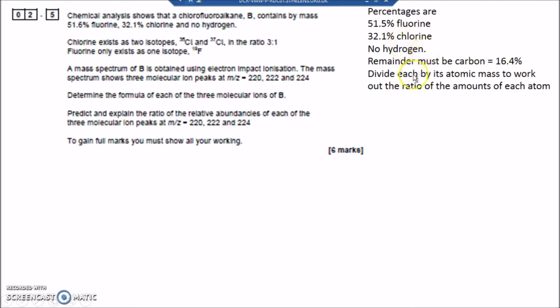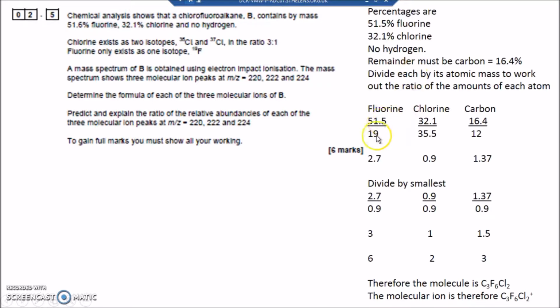You divide the atomic mass of each of them into those percentages. So 51.5 divided by 19, that's the atomic mass of a fluorine atom. 32.1 divided by 35.5 is the atomic mass of a chlorine atom, and 16.4 divided by 12, the mass of a carbon atom, gives this ratio. And then you divide by the smallest. So the smallest is 0.9, so if you divide them all by 0.9, it gives a ratio of 3 to 1 to 1.5. Then you multiply up into the largest whole number, so if I multiply them all by 2, that equals 6 to 2 to 3. So in there there's 6 F's, 2 Cl's and 3 C's, so the molecule is